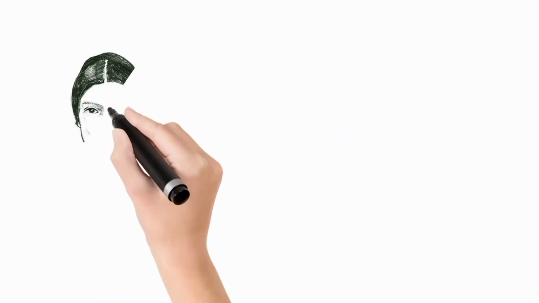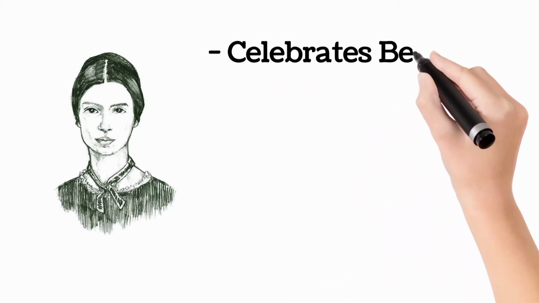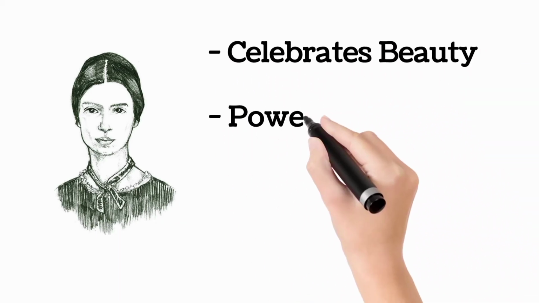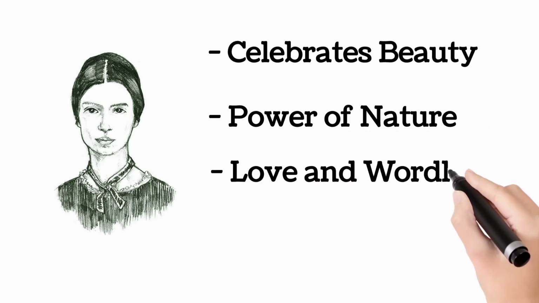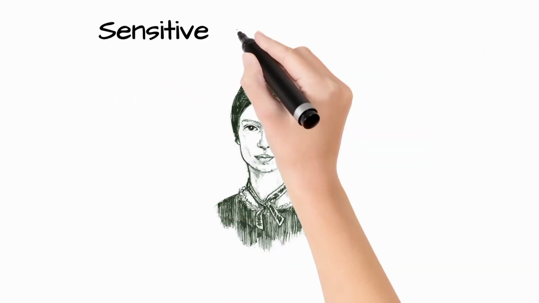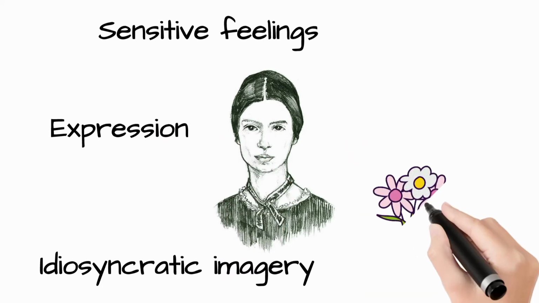In her poems, Dickinson celebrates the beauty and power of nature reflected in flowers, and also makes the flowers emblems of her passion and thoughts. Dickinson, by the depiction of flowers, articulates her yearning for love and worldly success, and her frustration and depression as well. With her sensitive feelings and idiosyncratic imagery and expression, Dickinson has become a special flower never fading in the